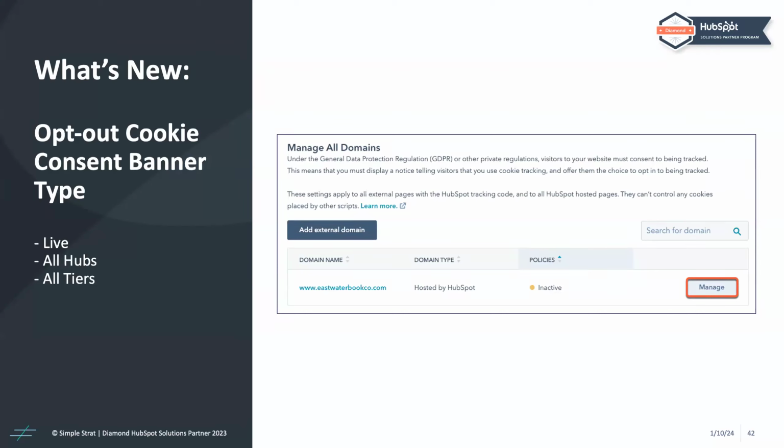So you still have a cookie consent banner, but it's an opt-out banner. Instead of only being able to use the cookies and see that website tracking data when they click a button, you'll be able to see it for everybody who hasn't clicked the button to opt out. And you can specify this by country in terms of which banner they see. So in countries that have higher privacy standards, like in Europe, where you need to follow GDPR,